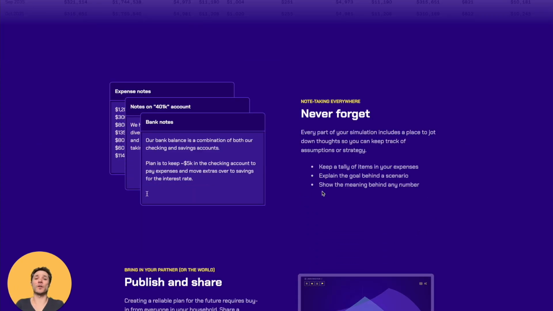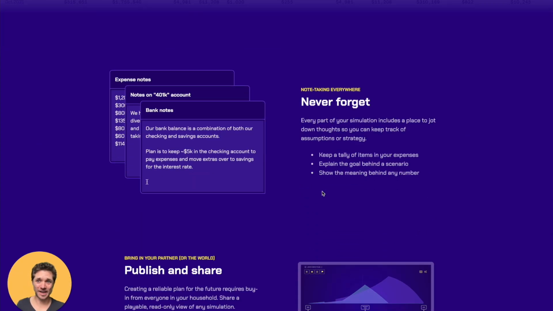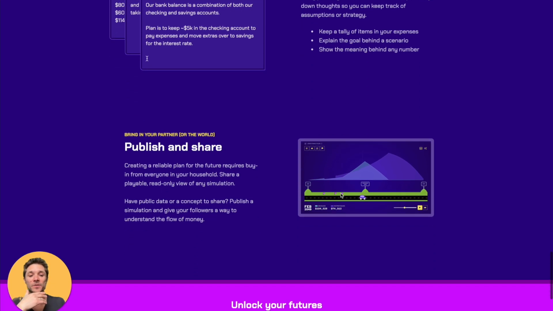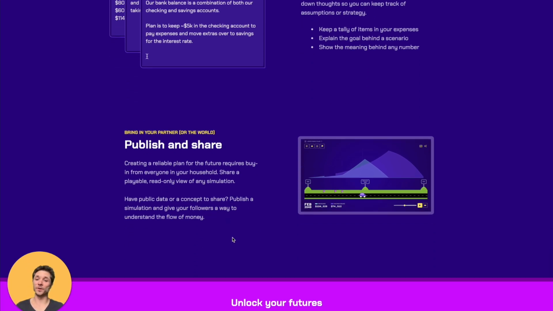And then I really want to talk about the way that this app is rounded out. It's not just the simulation, it's also managing it. You can keep notes about every little piece of your financial life in here so that you can understand what assumptions you're making. And then also the fact that you can publish this with the world. You can publish it with a partner or for the public. And I think that's going to be a really viral feature and a really good way to get the word out. Also, it's just a fun way to set up financial scenarios and then share it with somebody.